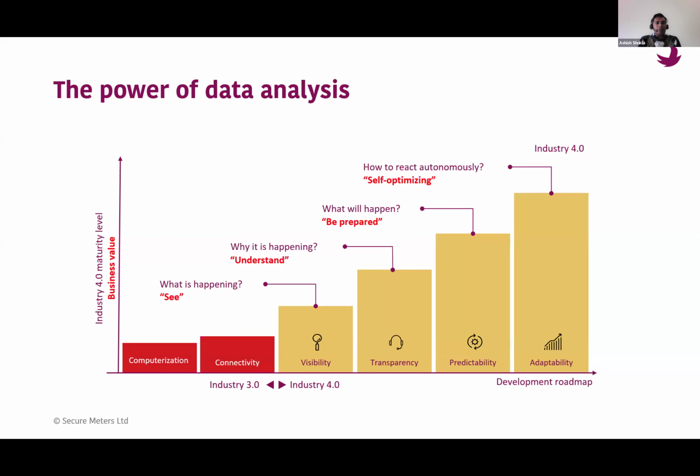So now, with more and more data, you are getting a better understanding of the situation. And with a better understanding, you are more prepared. So what is going to happen next? It's also about predictability. I have transparency because I have more data points. I can predict because I have more technologies like AI and ML. Based on the pattern, based on generative AI, I should be able to predict what's going to happen next, and then I should be able to take control of that autonomously, and finally adapt to the new situation.